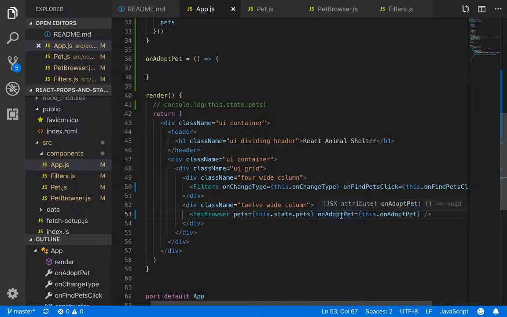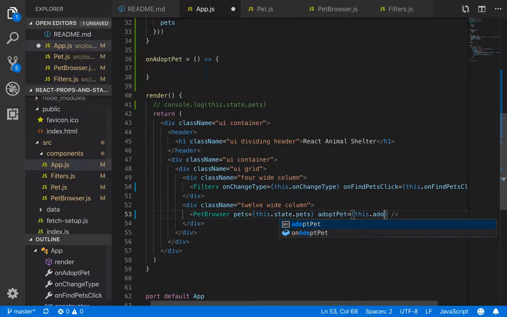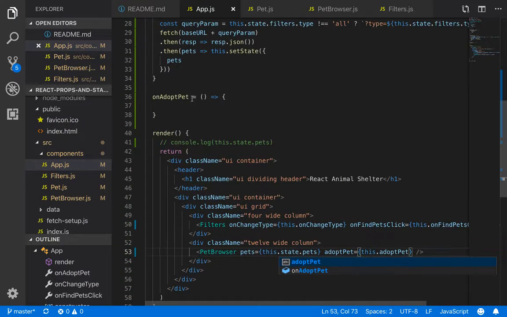This is going to break because I didn't name these the same way, so I'm just going to fix that. I think that's what I called it, right? I like to keep it as uniform as possible so I don't waste time on stupid syntax issues. And then we need the unique identifier for a pet in order to access them in our state, right? We can do it anyway, but that's what the ID is for. So if I know I have to pass ID all the way up the chain,